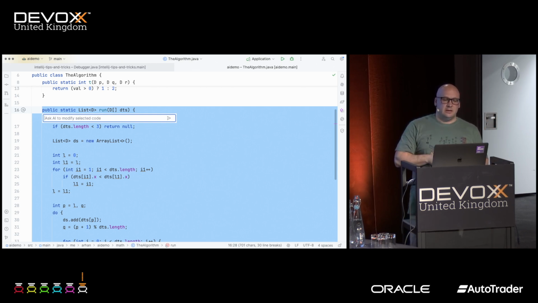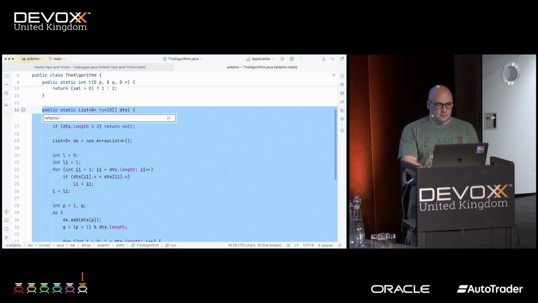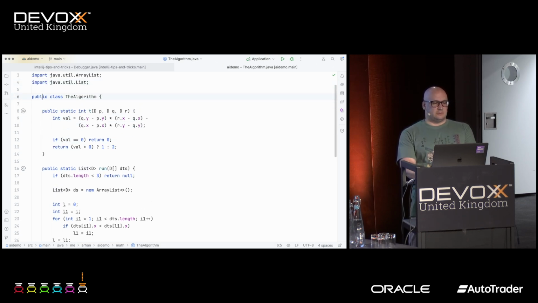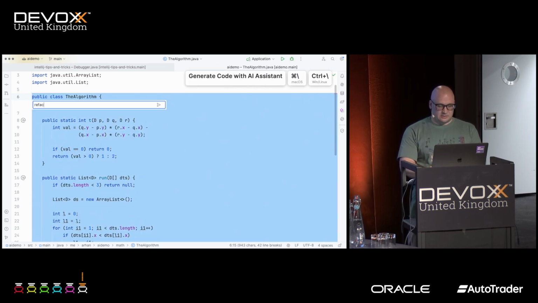So I can say, for this selection, please refactor the code, or let's do that on a full file. Let's do that on the full class. So select it, call the completion, refactor for readability,